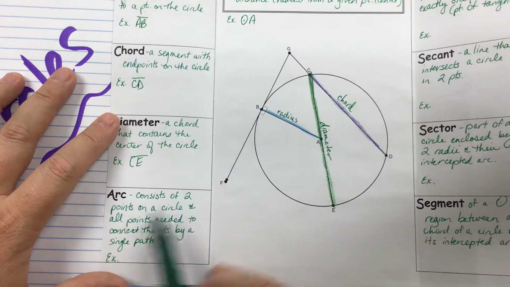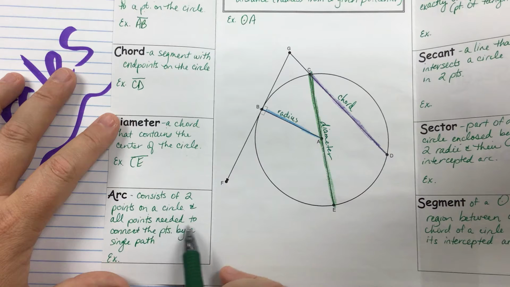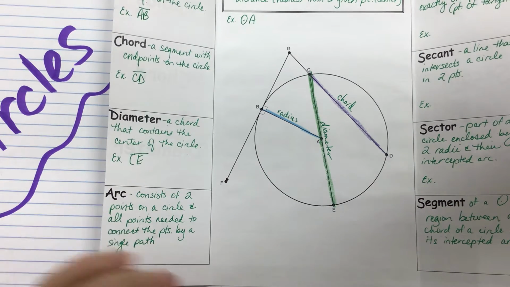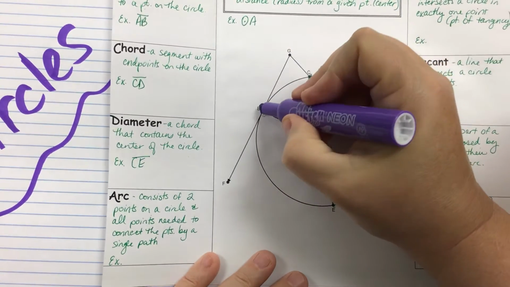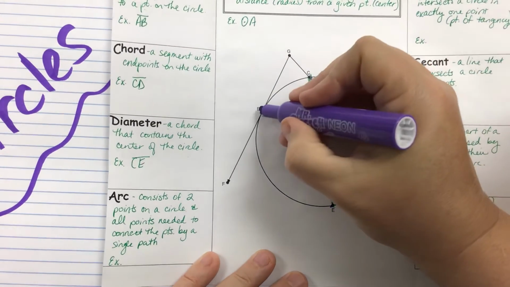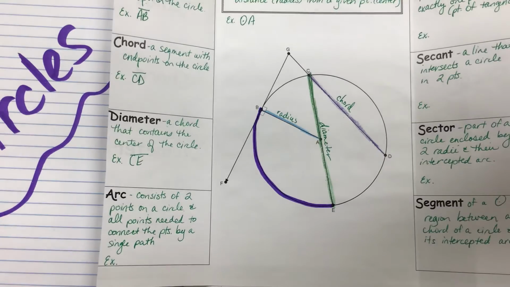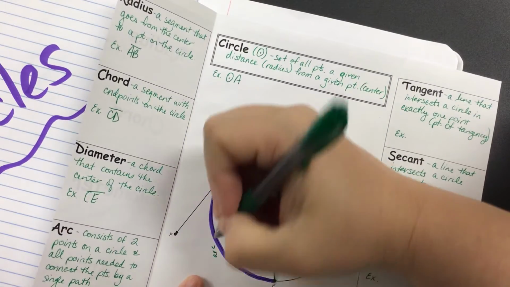It consists of 2 points on a circle, and all points needed to connect the points by a single path. So in this picture, for example, if I have point B and point E, the arc could go from B to E. So that purple arc that I traced here, this is an example of an